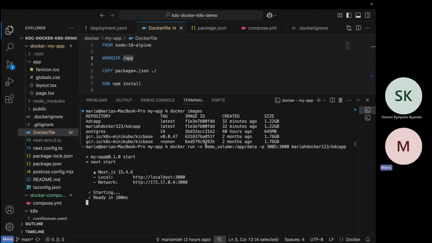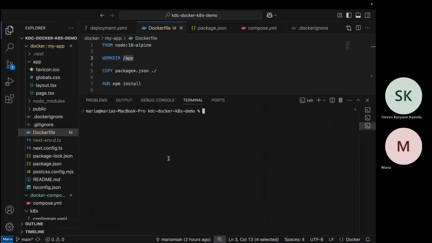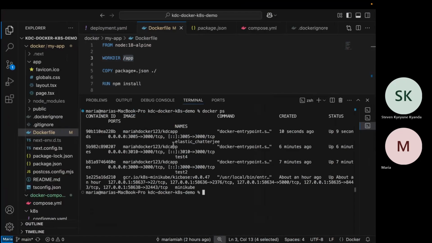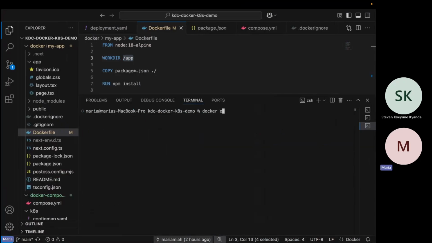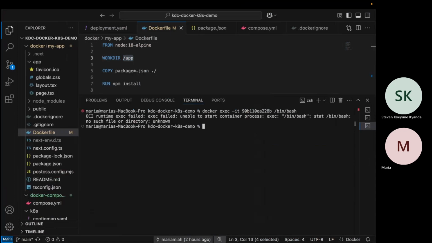So if we check this container, Docker PS, this is the container that has been created 10 seconds back. If we exec into the container, sorry, it's the shell, not bash.